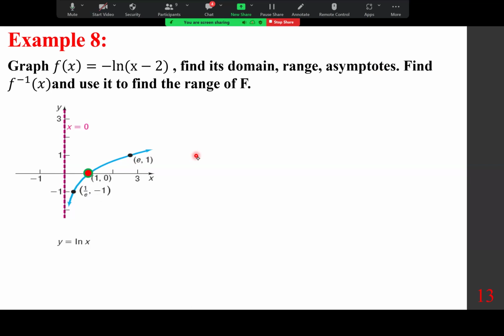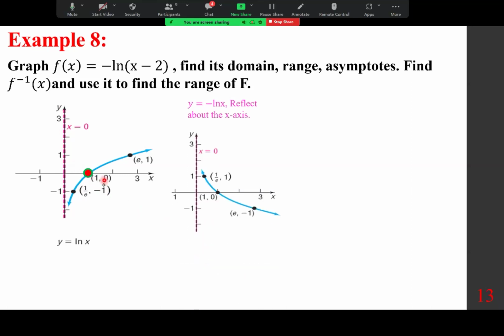Now, first I want you to notice we have, of course, this 1, 0. The next step is to take care of this negative sign. So we are going to reflect it. So y equals minus ln x, reflected about the x-axis. So this thing will go looking like that. And notice this 1, 0 remains, but for example, e comma 1 becomes e comma negative 1, or 1 over e negative 1 becomes 1 over e positive 1, okay? So first, look at the easy point,